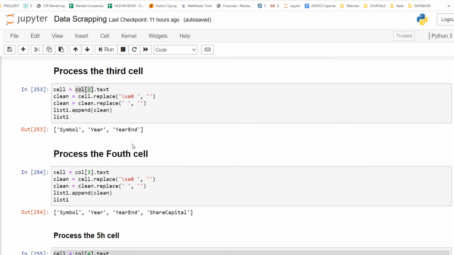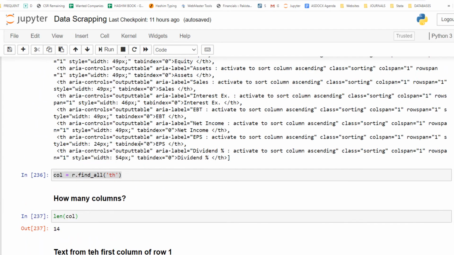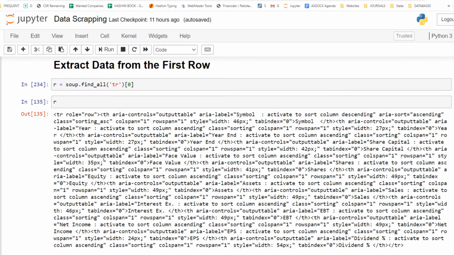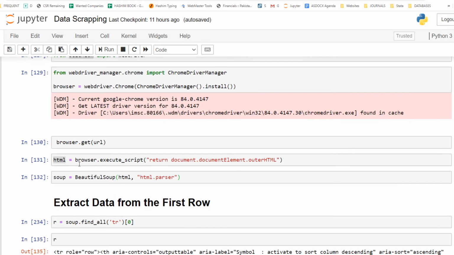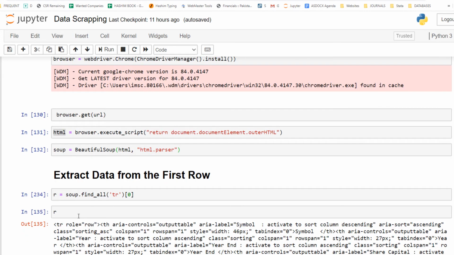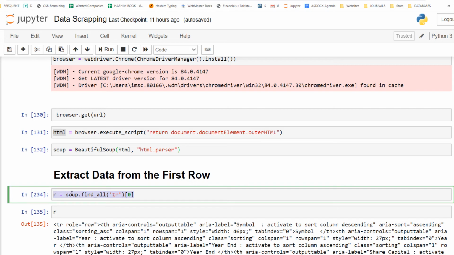So if we go to the top of the process, we started with getting our data into a soup variable, and from here we got our first row from the soup.